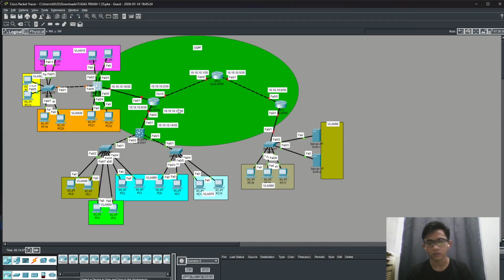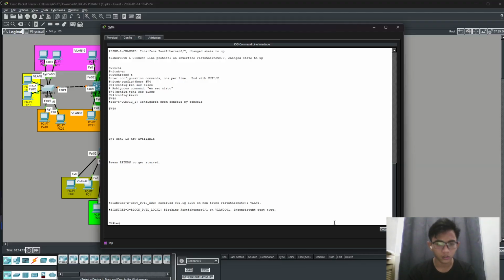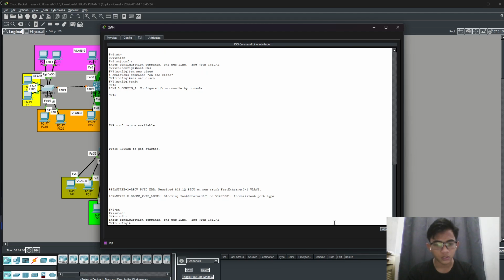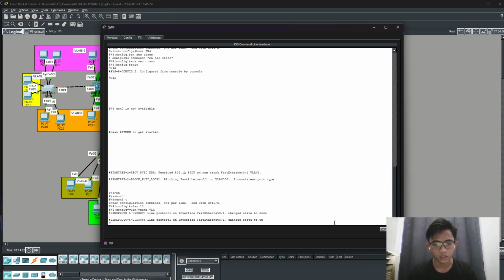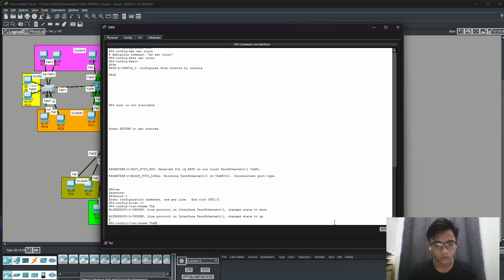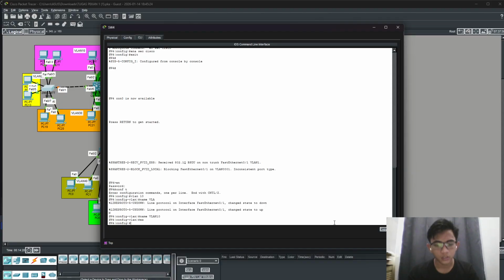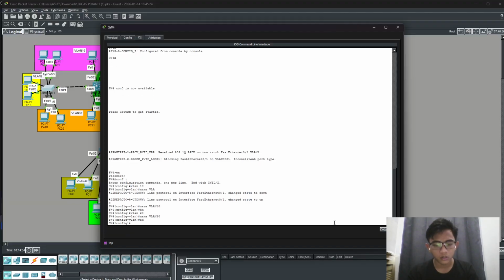We'll close. So now in the switch, same as before, the password is Cisco. For the first step I will make the VLANs. VLAN 10, name is VLAN 10. Exit. VLAN 20, name is VLAN 20. Exit.